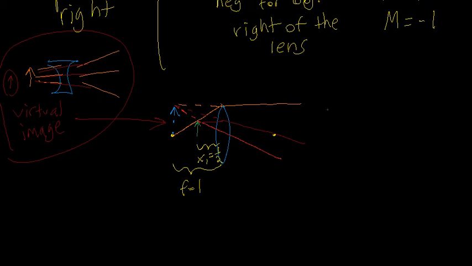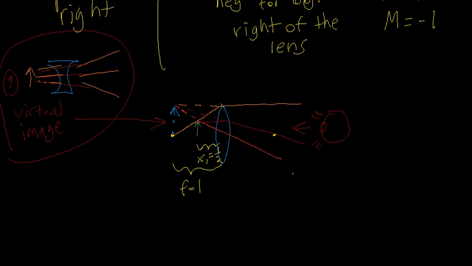If you were to take your eye, here's a poorly drawn eye with some eyelashes and a cornea. If you were to look this way, you would see the object as if it were here. That's why we call it a virtual image. Anyway,